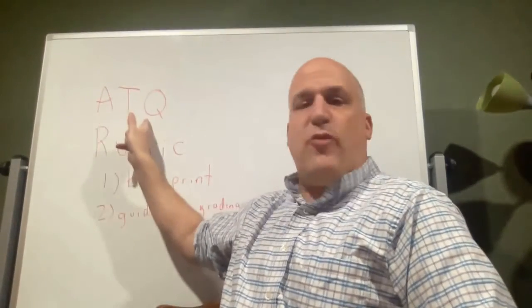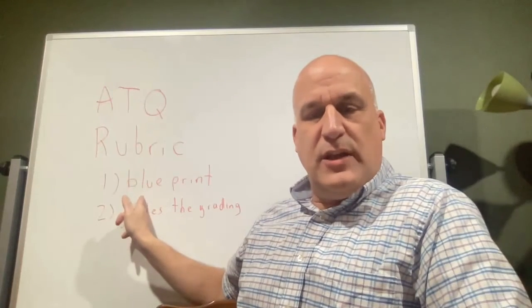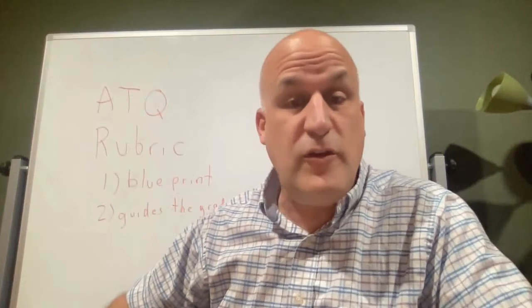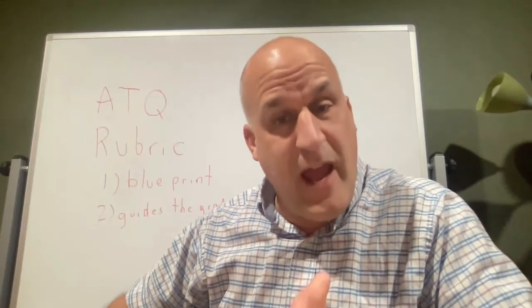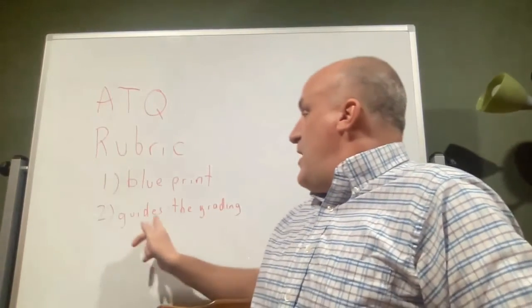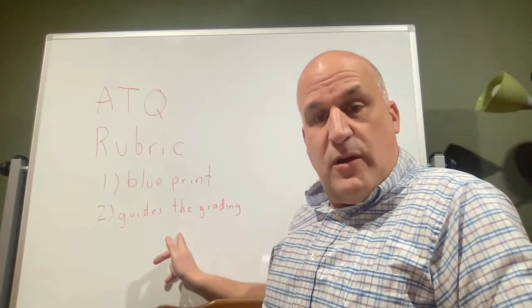So again, if you want to answer the question properly in a course and you're given a rubric, that rubric acts as a blueprint. It tells you exactly what it is that you need to do. If it's written well, there should be no confusion on what you have to do in order to be successful. But every time you leave something off that's on the rubric, the evaluator has no choice because they're guided in the grading by this rubric.